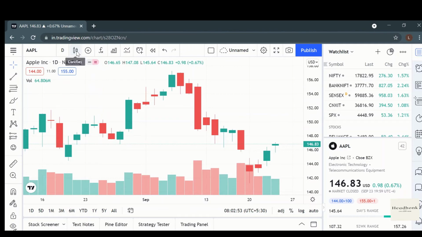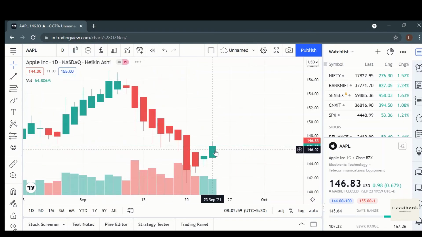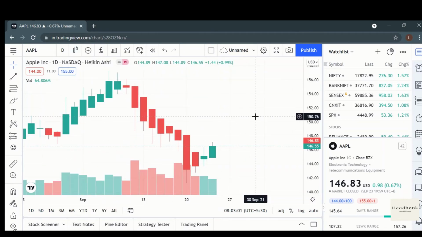Okay, so let's move on to the last one, which is Heikin-Ashi chart. The Heikin-Ashi charts are similar to that of the candlestick charts. However, there is a major difference, and that difference is that these are not the actual opening closing price, and these are rather average taken. So what is the need of the Heikin-Ashi chart? Heikin-Ashi chart is used by traders to remove noise that is earlier produced in the candlestick charts.